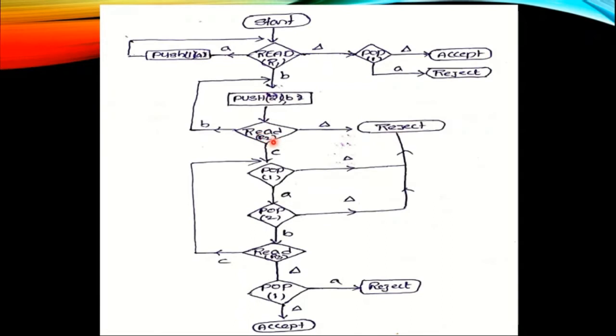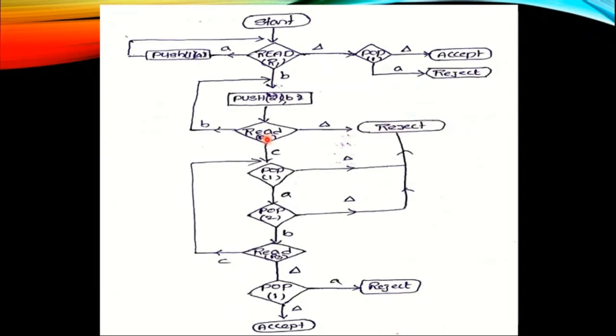Why are we not giving the self-loop to R1 here? When reading a number of A's, we perform the push operation and go to R1, again A, push and go to R1. In the same way, if we read B as input, perform the push operation and go to R1, then what happens? After B, when reading A, again perform the push operation. But as per the given language, after the A's are completed and the B's start, there is no chance for A to occur as an input symbol. That's why we go to the new state R2.